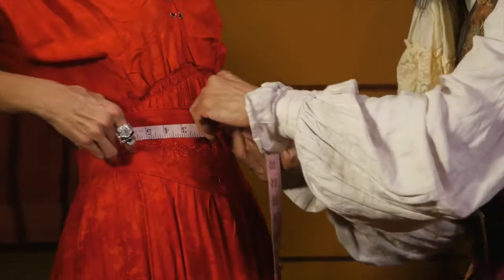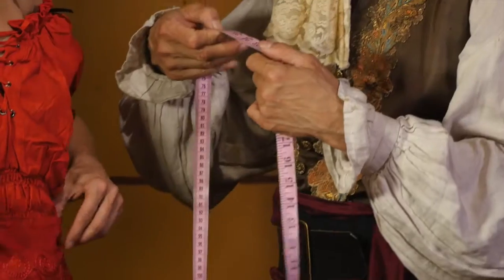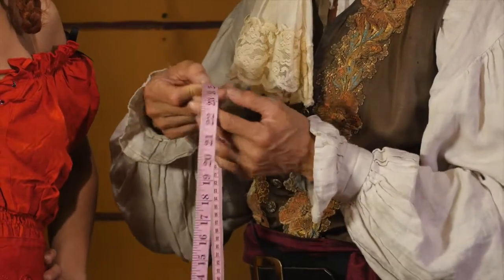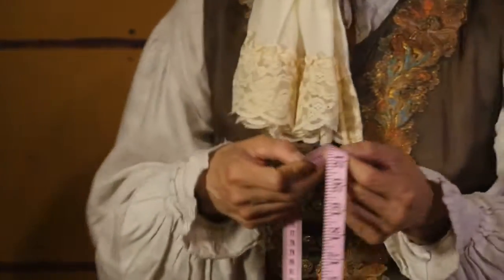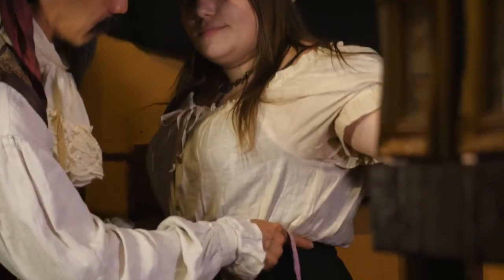So when we measure her, she comes out to be a 26. And what we found is if you are about 30 inches or less, you want to take 4 inches off. So that makes her size a 22. Okay? Now, if we measure someone a bit larger,